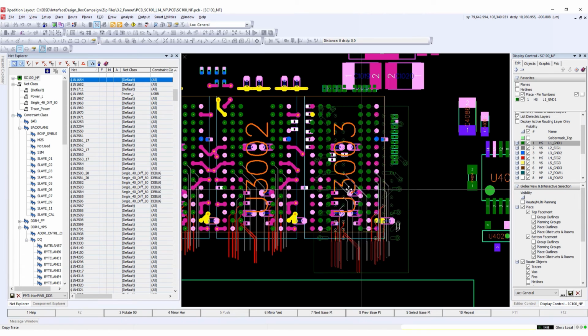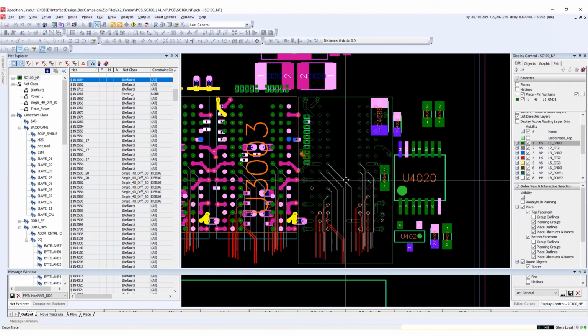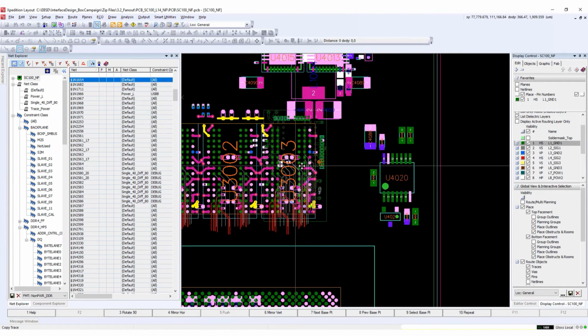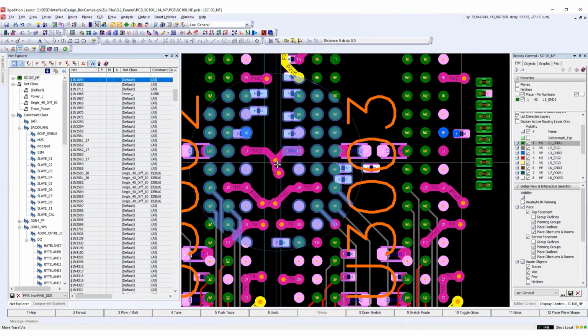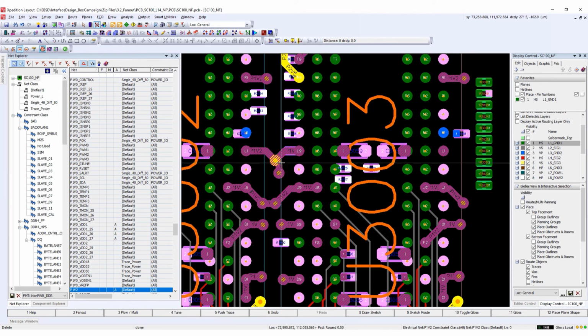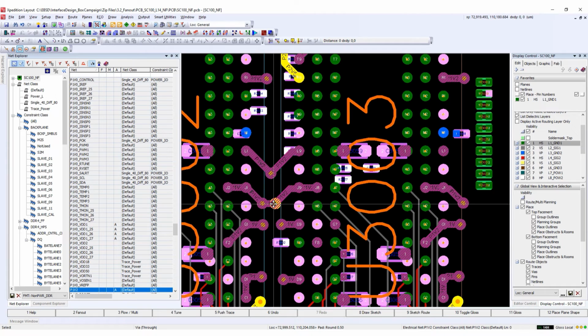This can save me an immense amount of time since I already know that the fan out and breakout for the DDR chips will be identical. So I simply completed the work on the first chip and used the copy circuit command to copy to the rest, and my job is complete. A few manual things we may want to change up here. Merge the vias.